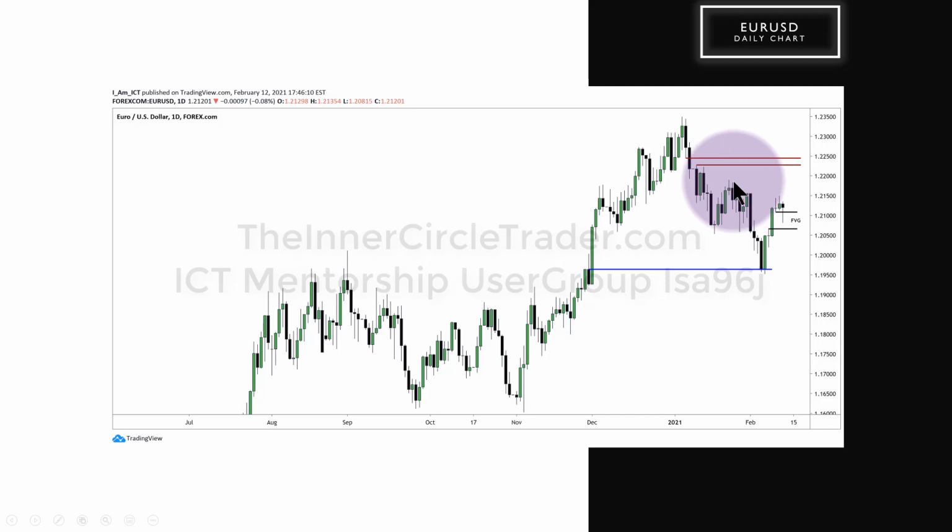If it does, we have a short-term little liquidity pool here that I'm not adding because I want to keep the chart clean, and I'm focusing here if we keep going higher. That's my anticipation. Until proven otherwise, that's what I'm looking for. What changes it? Well, if we trade down below on a closing basis, below the fair value gap low.